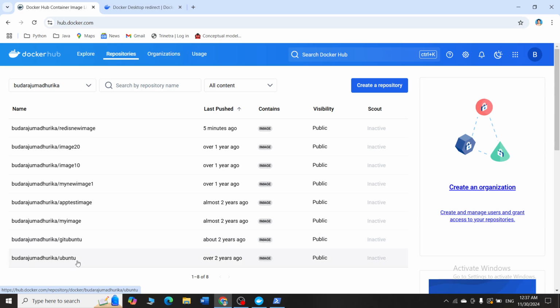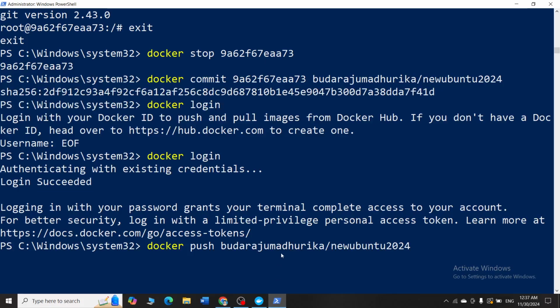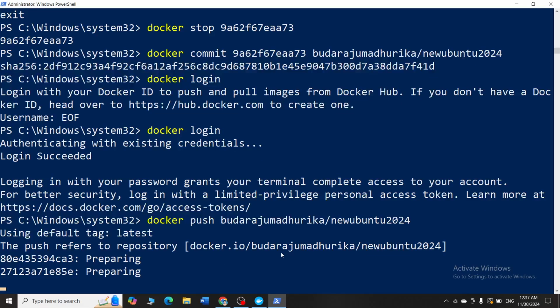One is Git Ubuntu, the other one is Ubuntu, which is almost 2 years back, and now I don't have anything else. So I'll press enter to show you that this particular image that we have created with Git installed inside it is now successfully there inside this application.